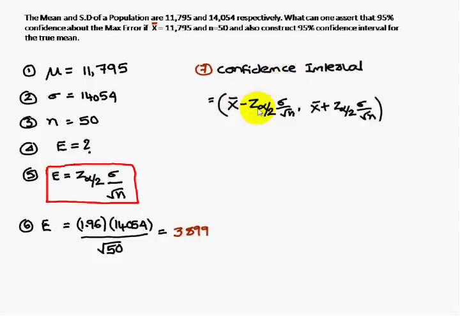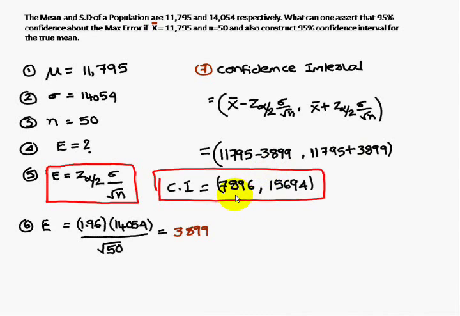Therefore the confidence interval formula is x bar minus Z alpha by 2 into sigma by root n, x bar plus Z alpha by 2 into sigma by root n, or in other words x bar minus error, x bar plus error. Therefore 11,795 minus 3899, 11,795 plus 3899. So the confidence interval is 7896,